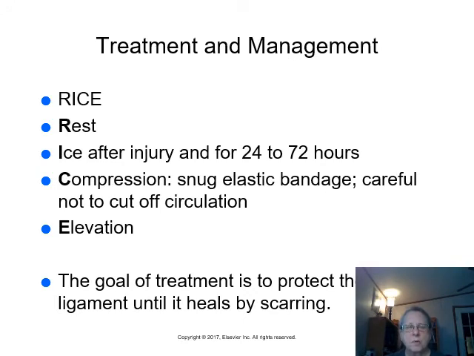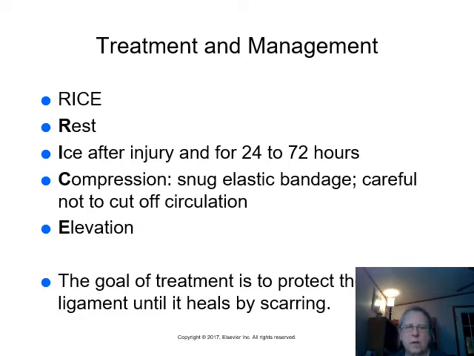Treatment, like we say, is the acronym RICE, R-I-C-E. R is for rest, ICE is for the ice after injury for the first 24 to 72 hours. Now, we do not want to use heat quite yet, not until after 72 hours, which would increase blood supply to that area for healing. But right now, we want to use ice,